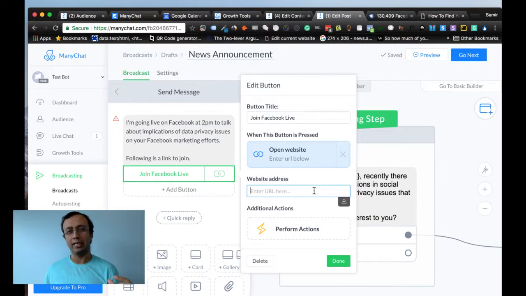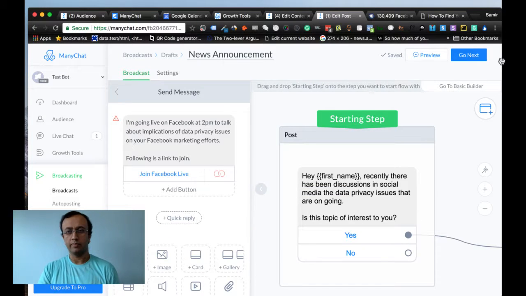That's where I can put the link. So if you have a Facebook Live scheduled, then you can have a link that you can pick up and put it here, or you can just send them to your profile page, business page, or Facebook group, wherever you are doing live, right? So give them the link where they can go to the event. Basically, that's what I'm suggesting.